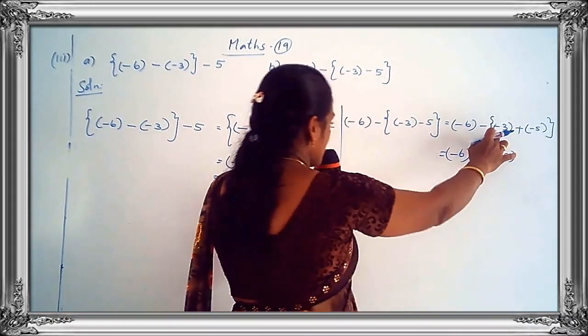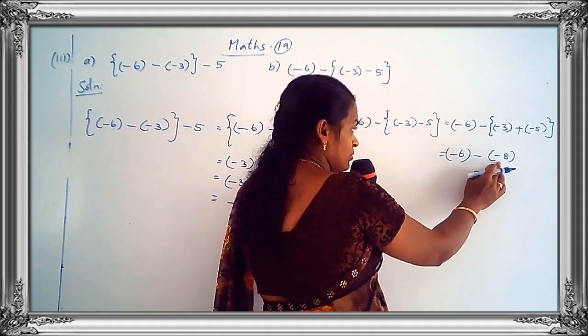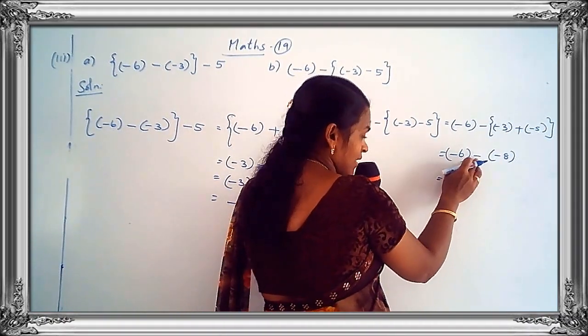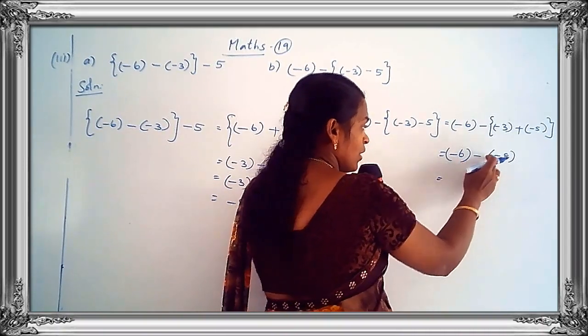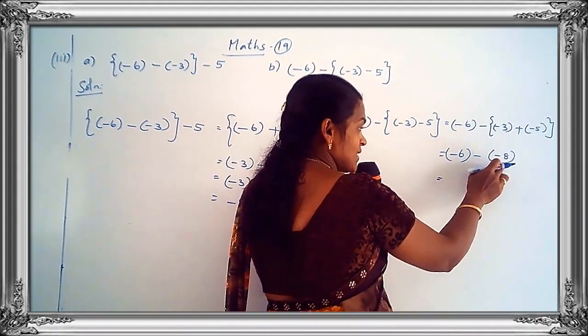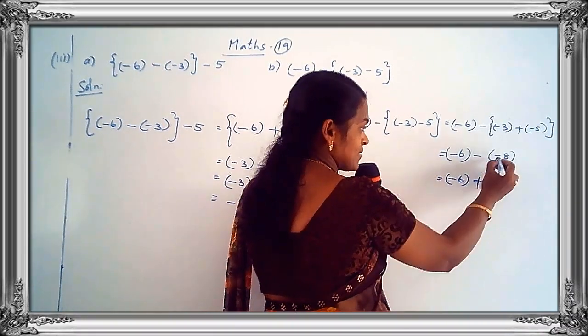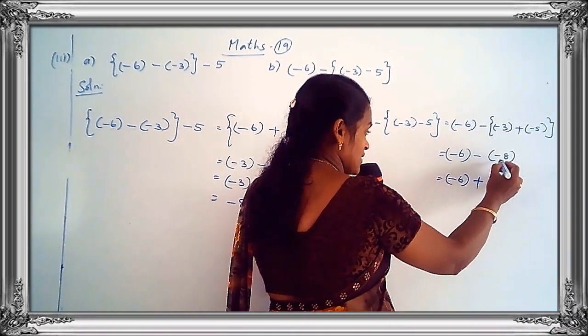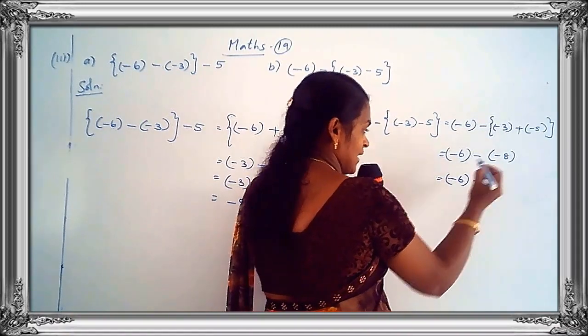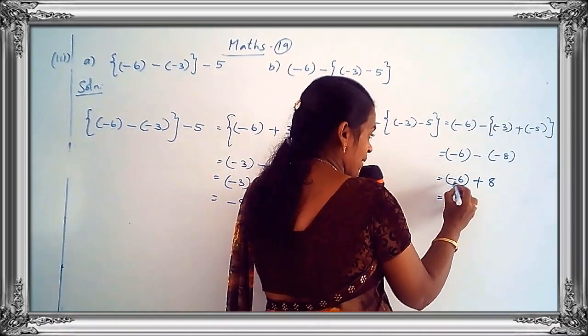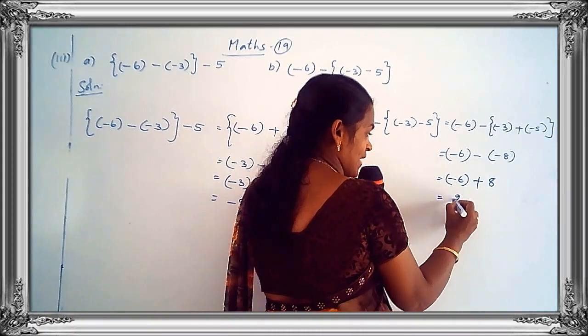Minus 3 or minus 5 add panna namalukku enna varum? Minus 8. Now see here again subtraction, so add the additive inverse of this integer. Okay, so minus 6, minus sign into plus, so that's why you put the additive inverse. Additive inverse of minus 8 is 8. Now your answer is minus 6 plus 8 is equal to 2.